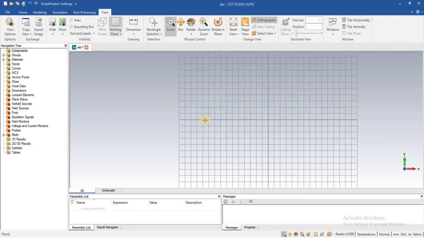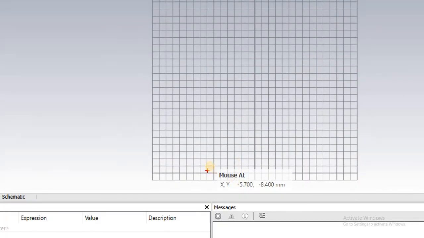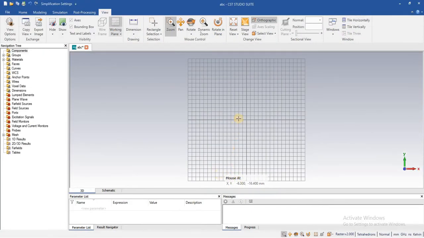Now the second and most important thing: when you move your mouse, you don't know the position of your mouse. Similarly, you can also click on this to show mouse coordinates. From here you can see the mouse coordinate is showing. Wherever we move the mouse, the coordinate will be shown.